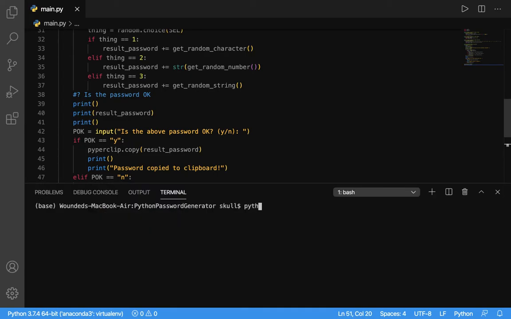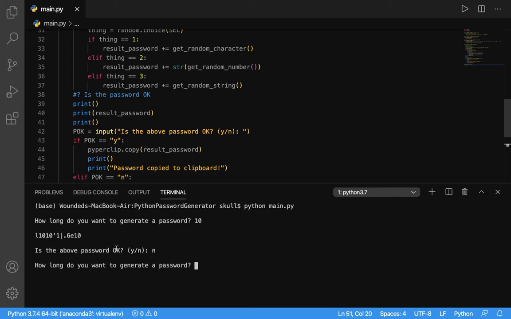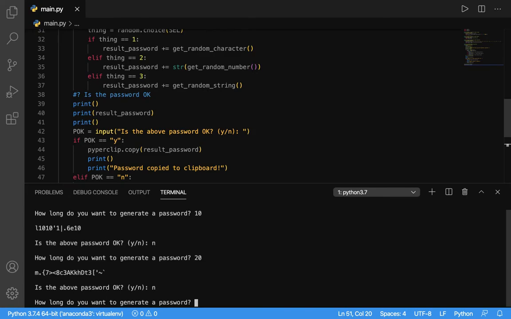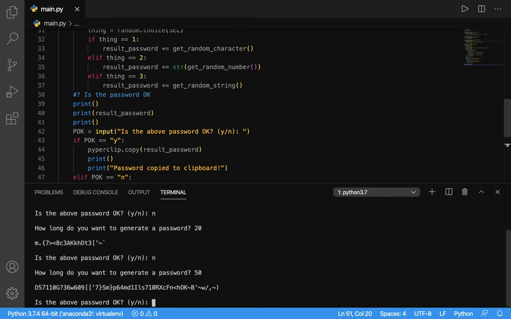So if I do python main.py, how long do you want to generate a password? I want a 10-digit password. It gives me this. Is the above password okay? No, it's not. Let's say I want 20. See, it's completely random. Nope. If I say 50,